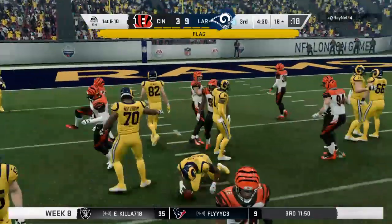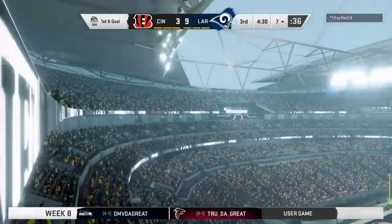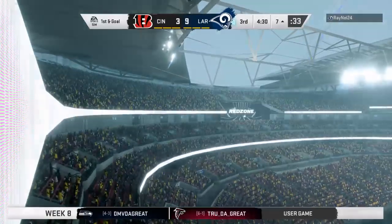And he'll be brought down. Oh, that's a face mask. Certainly looked like it. Indeed, here come the flags. Well, we looked at each other right away. We knew that flag was coming out. And I always enjoy the conversation post